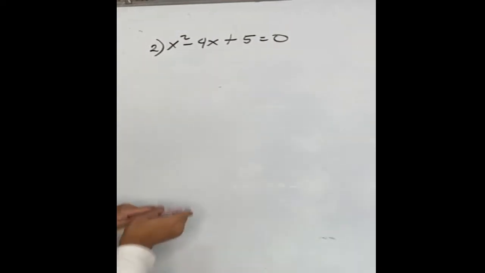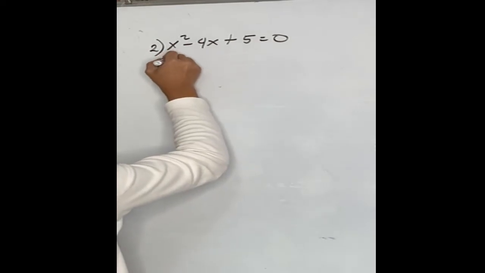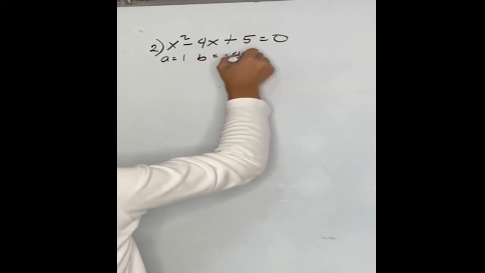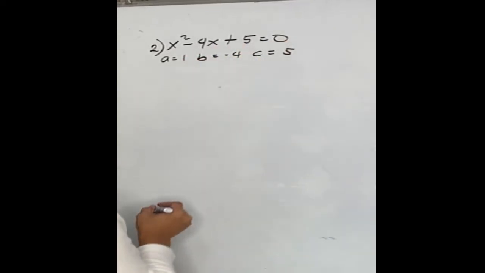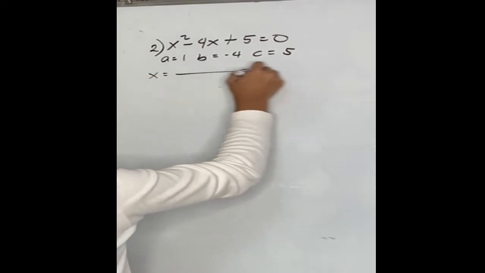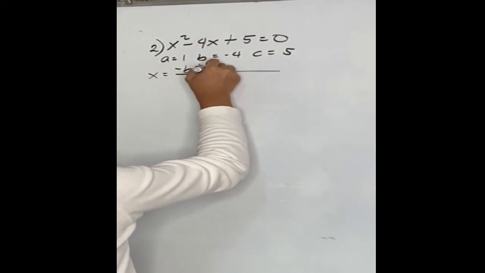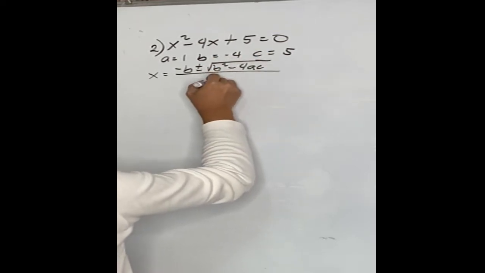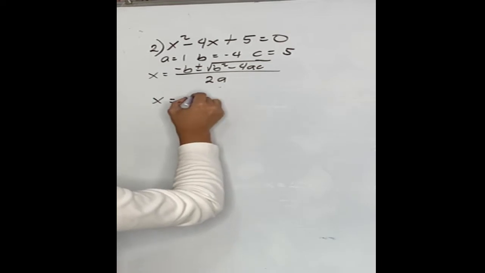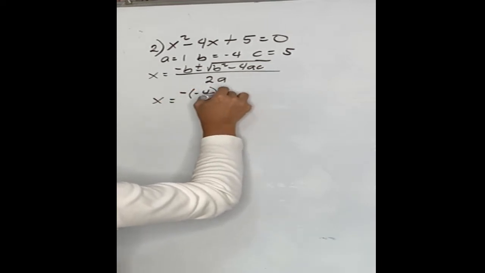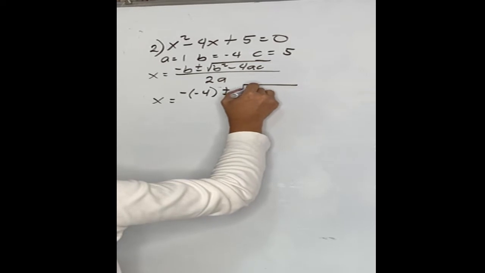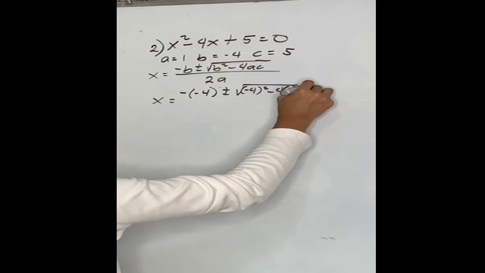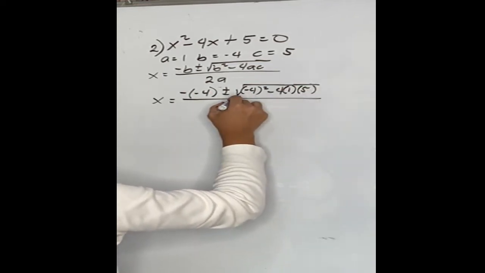So, solving by quadratic formula, we need to identify the values of a, b, and c first. A is 1, b is negative 4, c is 5. Plugging into our formula, negative b plus minus square root of b squared minus 4ac all over 2a, you will have x is equal to negative of negative 4 plus minus square root of negative 4 raised to 2 minus 4 times 1 times 5 all over 2